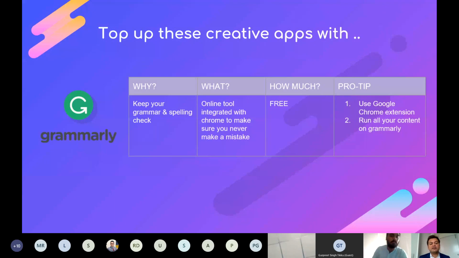And how it is very easy to use is that, as you said, I have the Chrome extension done, and I work mostly on Google Chrome. So even when I'm on a Google Slide or a Google Doc or on a Word document on the desktop, it has access everywhere. You just need to give it permission, and it will do the checking for you and flag all the mistakes that you have made, and you can just correct them and go ahead. So it saves you time. It ensures that your grammar and spelling is correct, and it also advises on tonality. With these three features, at no cost, you must be going after this app if you're not already.